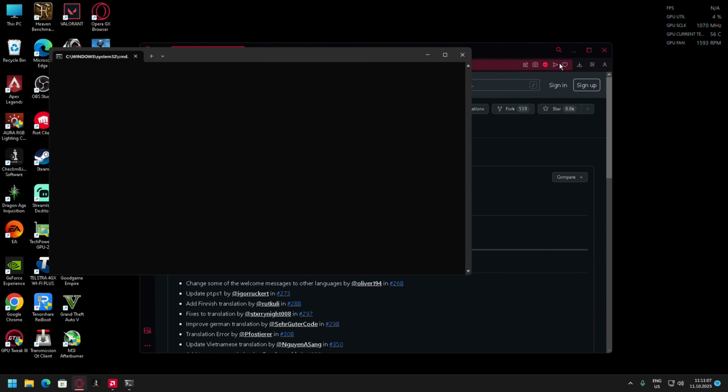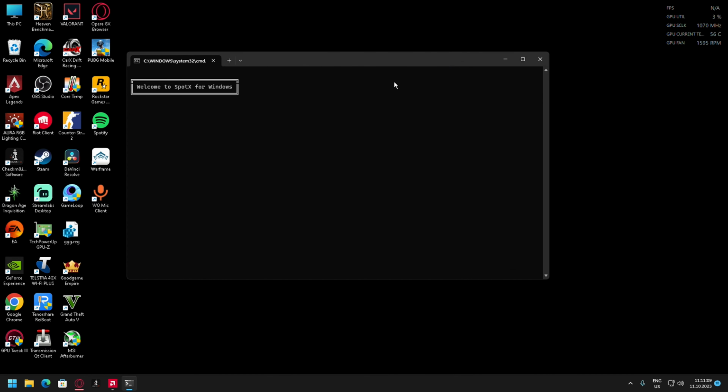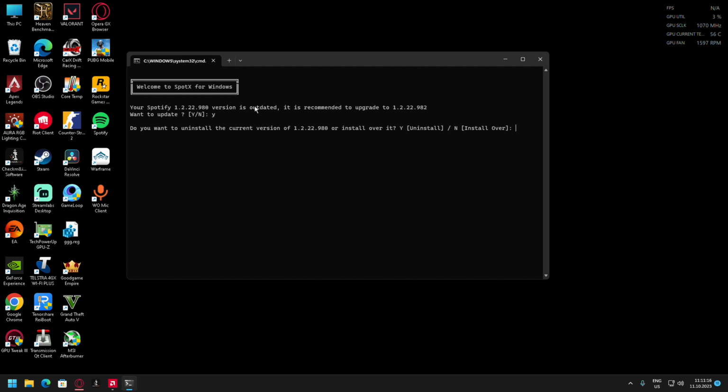Now it's going to start installing. Just so you're understanding, I click Y and click enter. Next, it'll ask you to uninstall, because I'm basically installing it again since I already have it installed, but I'll show you how to install it. I'm going to click on install over. Do you want to uninstall the current version? I click yes, click Y, and that's going to